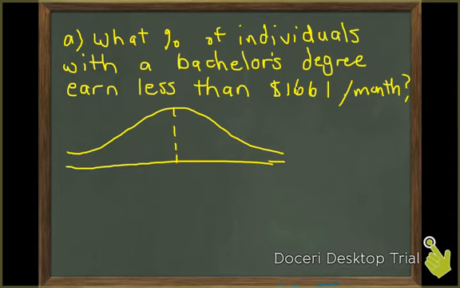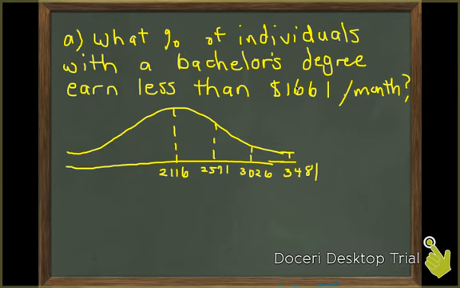The mean of 2,116 will be in the middle. At 1 standard deviation to the right, we will have 2,571, and all we're doing is adding that 455 to the mean to get where the standard deviations lie. When we add it again, we're going to end up with 3026, and then 3 standard deviations to the right will be